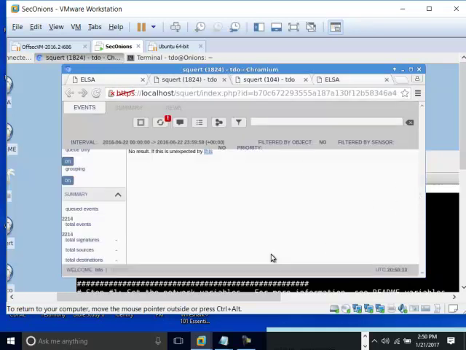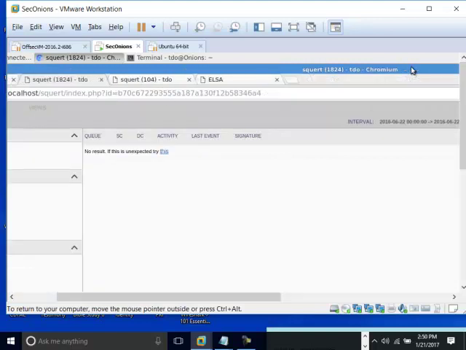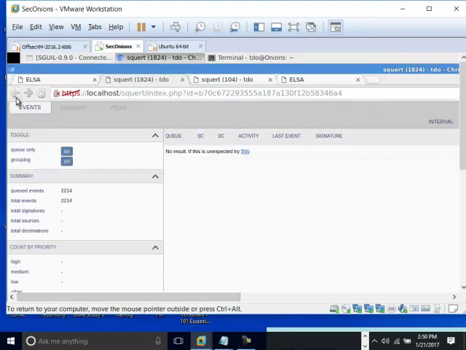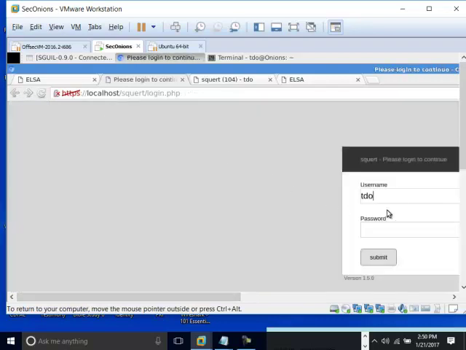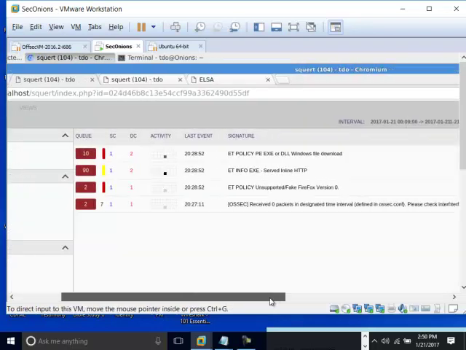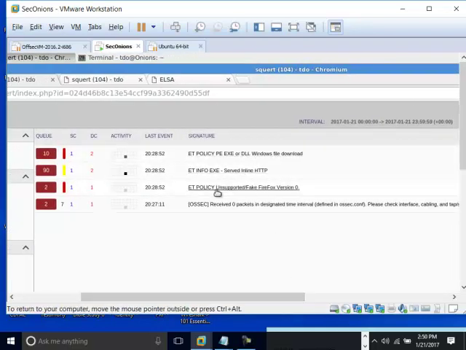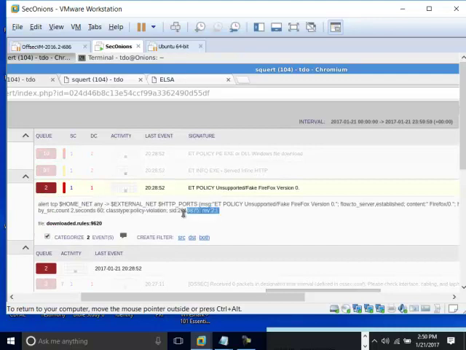Remember that we had, I'm going to log in here. Remember that I have rules here, Firefox. These are rules. These rules. Remember when I said